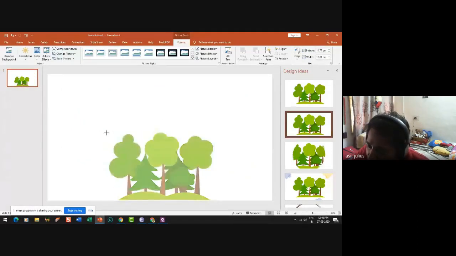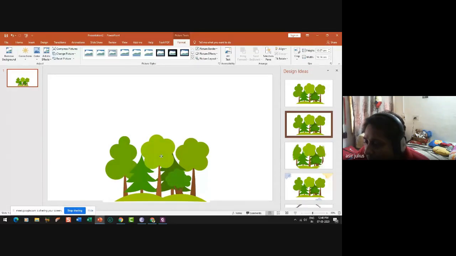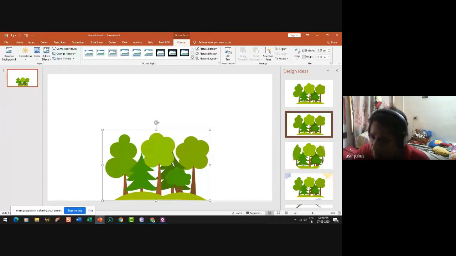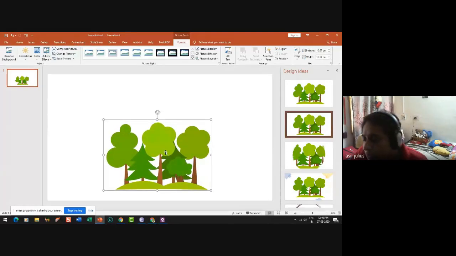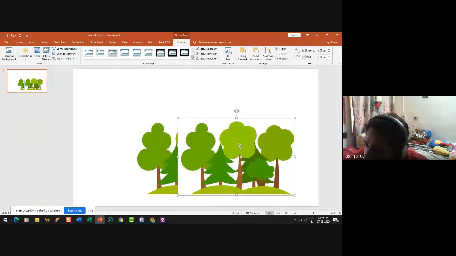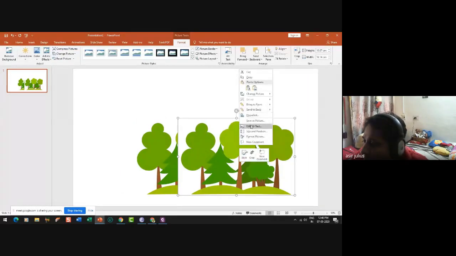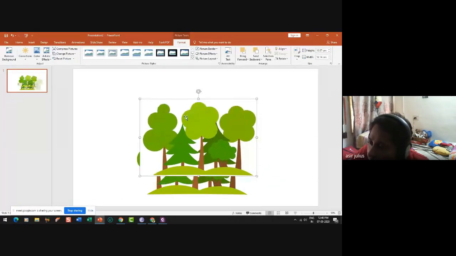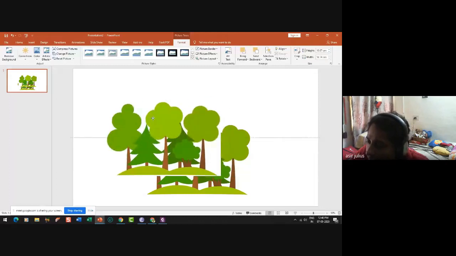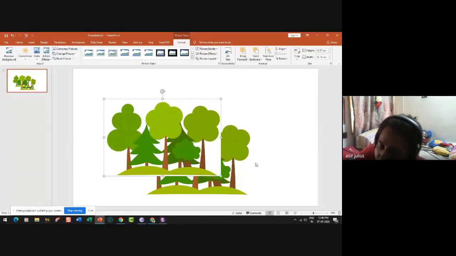Here everything is very blank. We don't want to do any patchwork here. We are just going to add some arrows and some clouds over here. If you wanted to make this a forest, you can just copy and paste it. Unfortunately, this white background is hiding all those things. We can also take a background. For removing background, I'll teach you how.